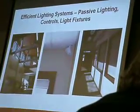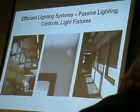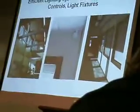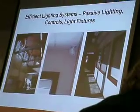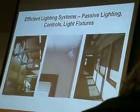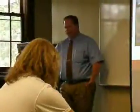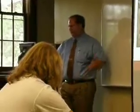Efficient lighting systems, passive lighting. You can see on this picture here, we installed a clear story. We were planning on a skylight. Skylights are very expensive. They tend to leak. And so this is a nice architectural feature, as well as accomplish what we wanted to do and bring light